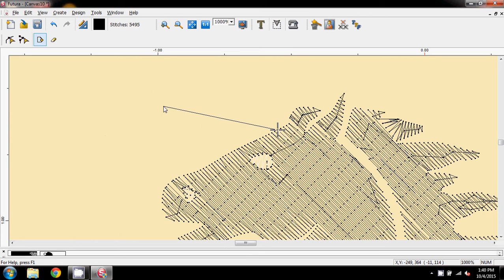You can see where it's attached again. Now I can position my cursor anywhere on the screen, and when I click with my left mouse button, it's going to add a stitch point. So I'm going to come up here, you can see what I'm going to do, and I'm going to click, and there it's placed a stitch in that position, and I'm going to come down here and click, and up here again and click,